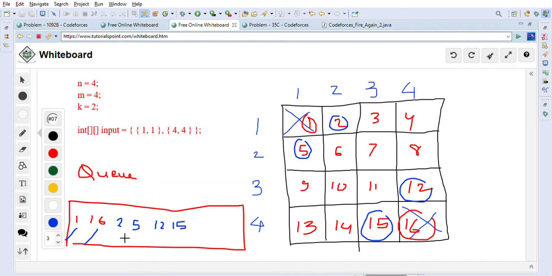Similarly we will just keep expanding, right? Next we will take out 2, and we will add 3 and 6, right? Like that. Basically we will keep expanding, and at the end, the last one that we remove from the queue, we can just output as the last tree, right? Or we can keep track using the visited trees. Now let's look into the Java code implementation, how we are going to implement this using BFS and a queue.